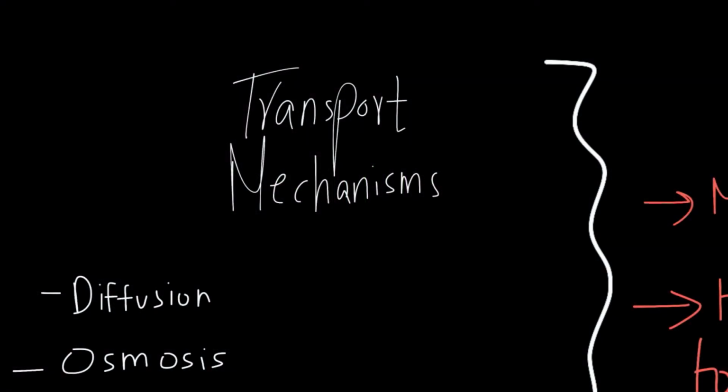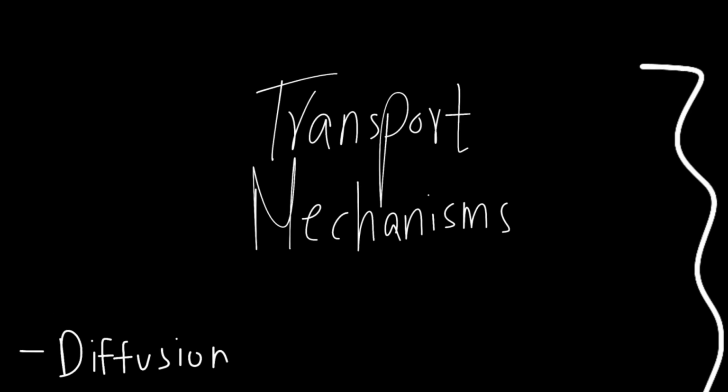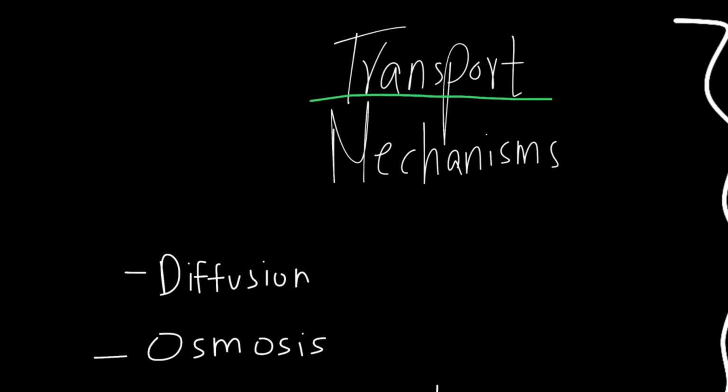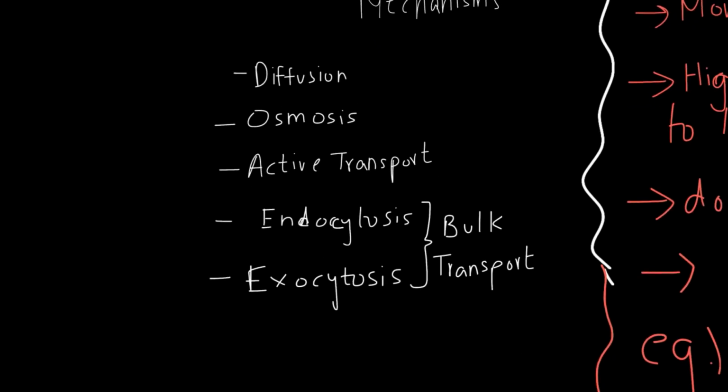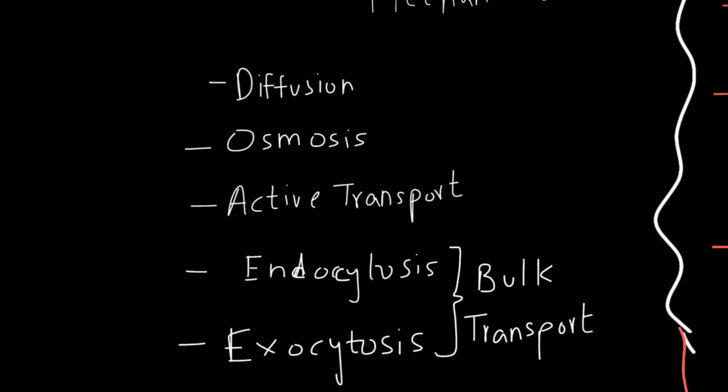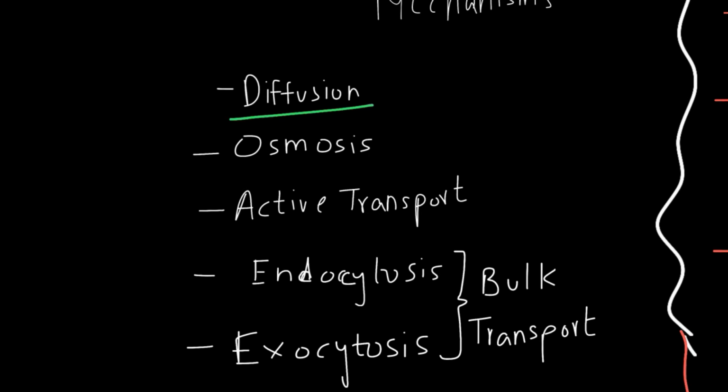Right, so today we'll be starting off with the second part of this chapter, cell membrane and transport. So we're done with the cell membrane part. Now it's the transport part of the cell membrane and transport chapter. Right, so there are five transport mechanisms. The first is diffusion that we've been doing for quite a long time, and then it's osmosis.